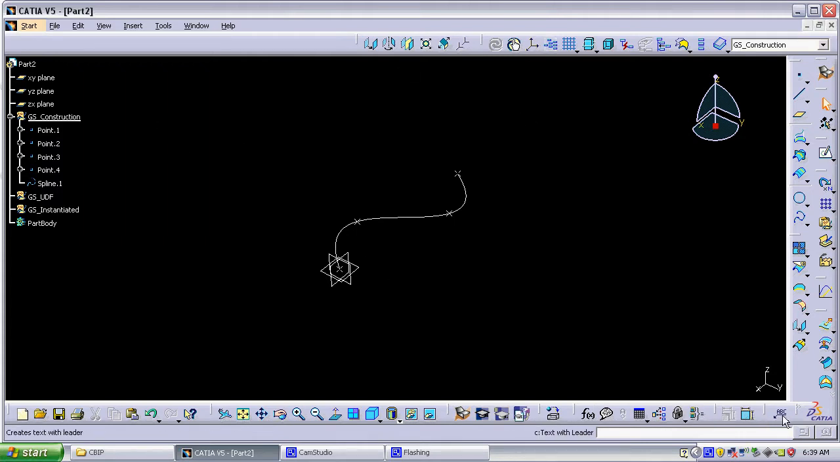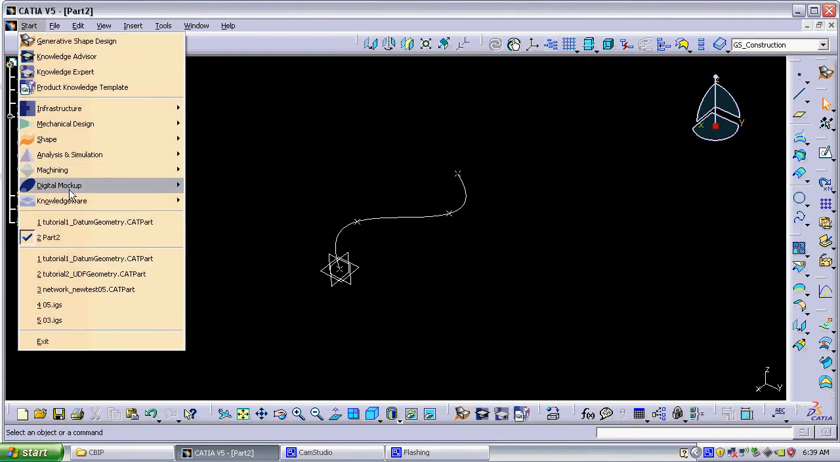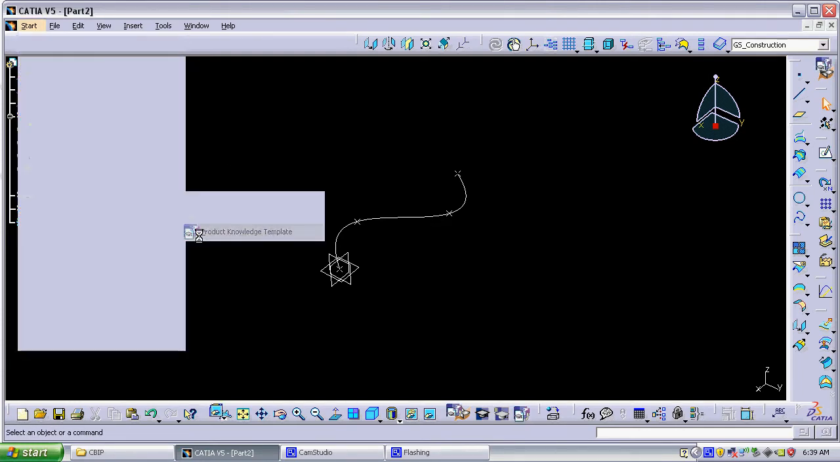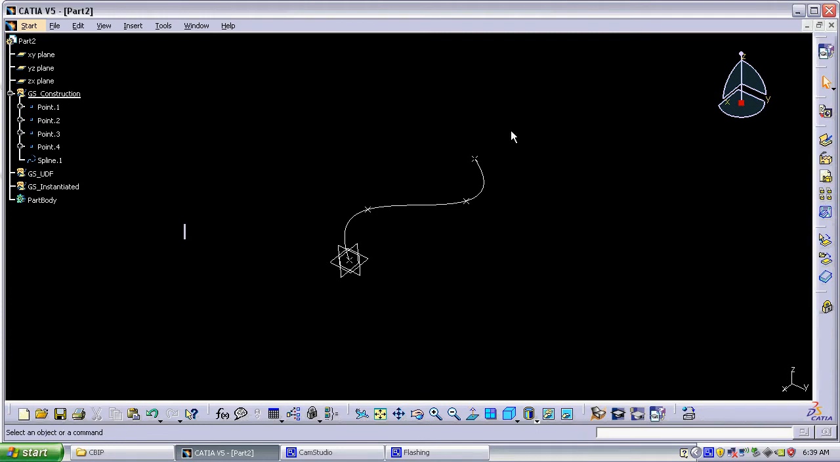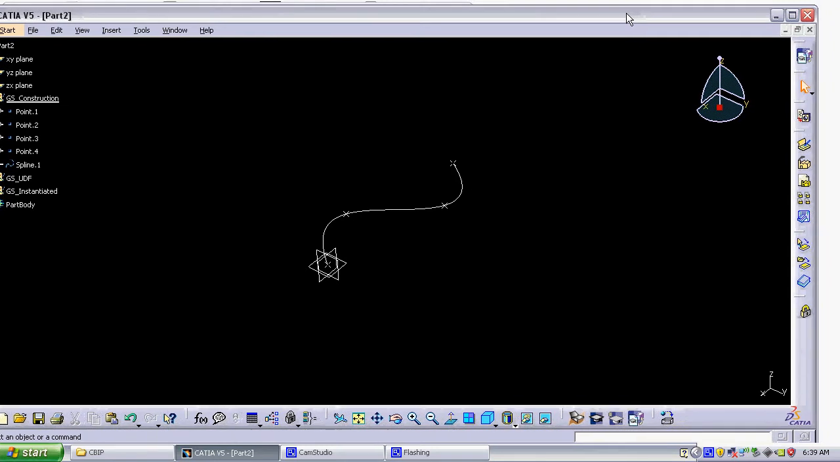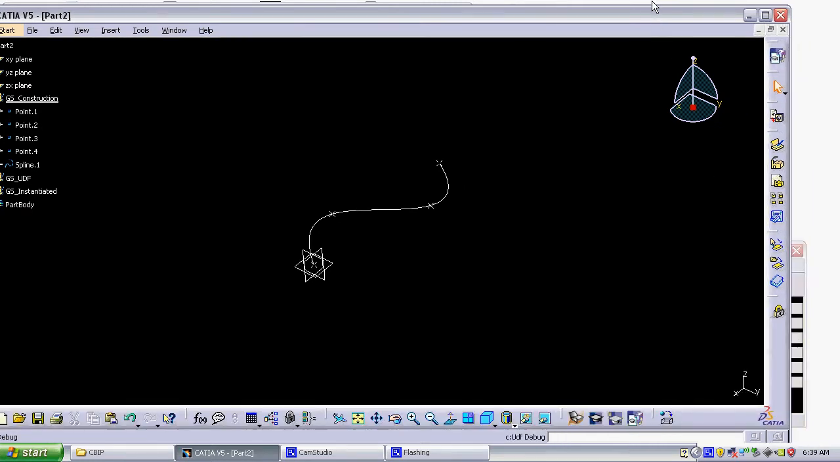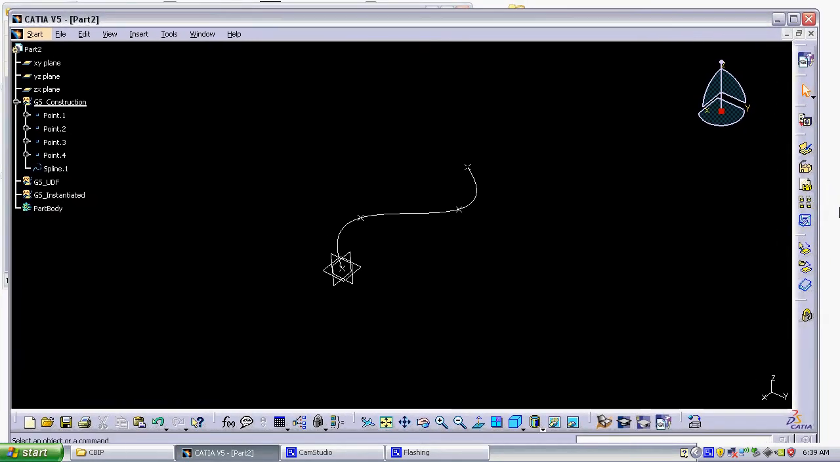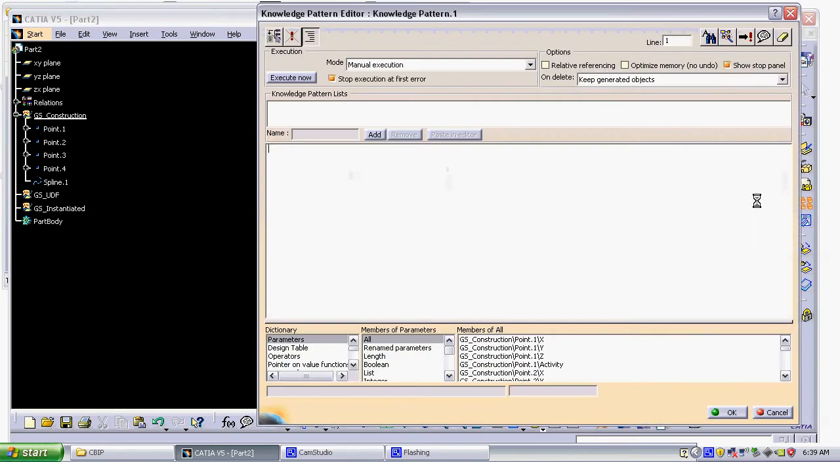Then, to create a knowledge pattern, we have to go into the product knowledge template workbench, and this is the icon. Oh, you can't see the icon. Sorry about that. This is the icon to create a new knowledge pattern. First step is to make a list. So here, list points, and then we can